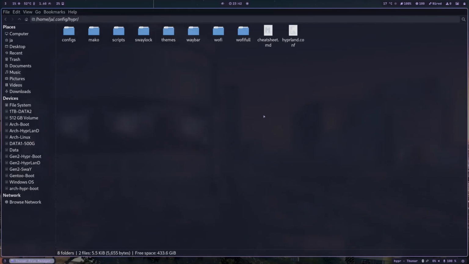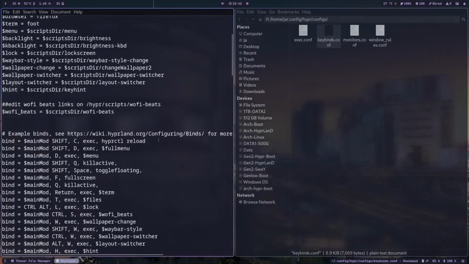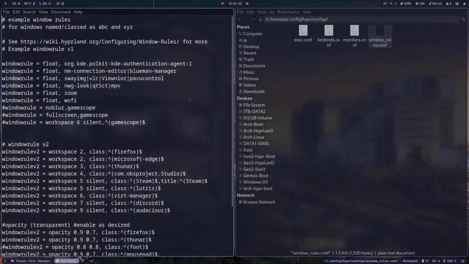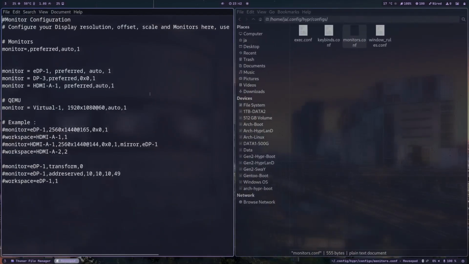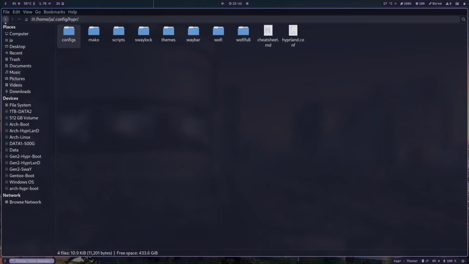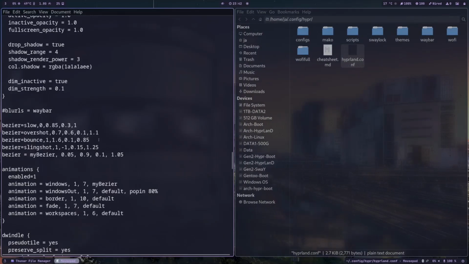Okay, one by one. So I decided that, for example, if I wanted to change or add something to the environment, I know that they are in exec.conf, same with the keybinds, this is all about keybinds. I can customize as much as I can here. And window rules, for example, monitors. We'll talk more deeply on this one. So that's the reason why I did this. It's not because of, well, that's not the only reason. If I put everything in Hyprland.conf, then this file will be very long, to be honest,